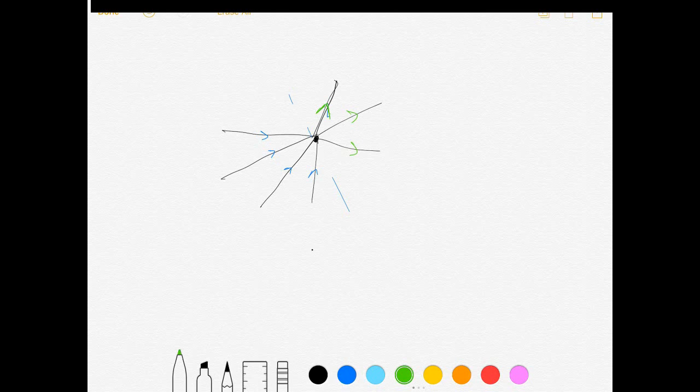So what the first rule basically says is that if my current over here was I1, I2, I3, I4, and here it was I5, I6, I7,